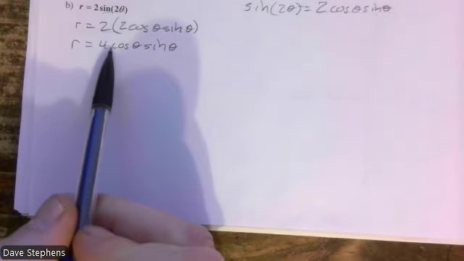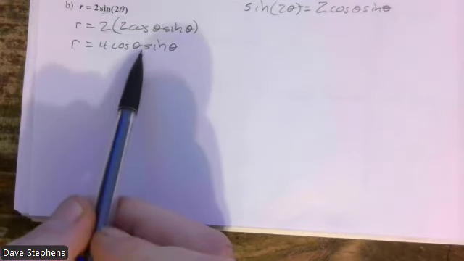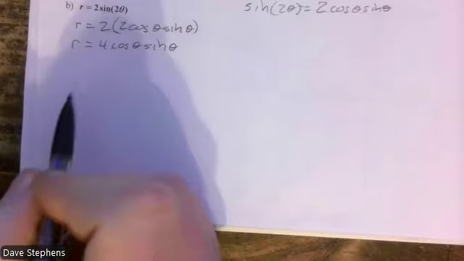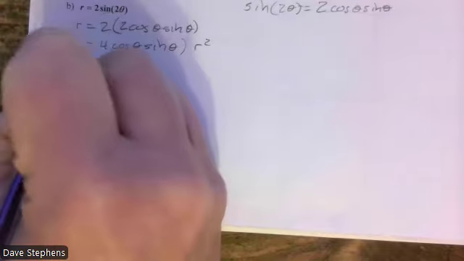Now, I need to introduce an r value. If I introduce an r, I can get r cosine here, but I'd have to introduce a second one here as well. So ultimately, what I need to multiply both sides of the equation by is r squared. r squared times r is r to the third. And then I'm going to take one of these and sneak it in for cosine. So I get 4 r cosine theta. And the other one in front of sine, times r sine theta. And now the right-hand side is pretty nice. There's an x and there's a y, and it's going to be multiplied by 4. But the left-hand side, r to the third,